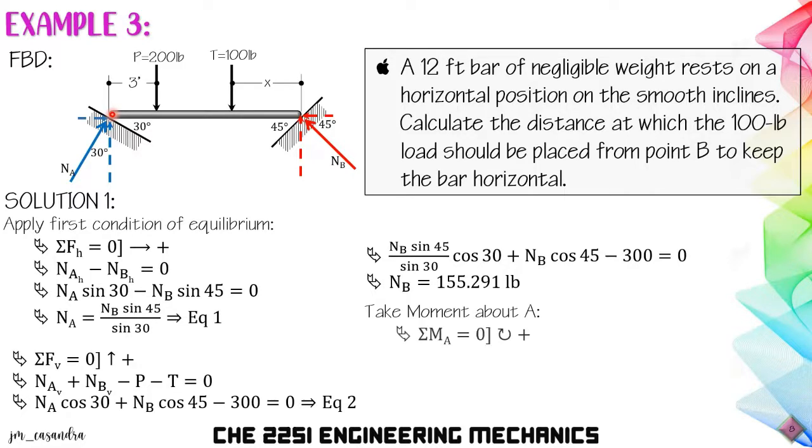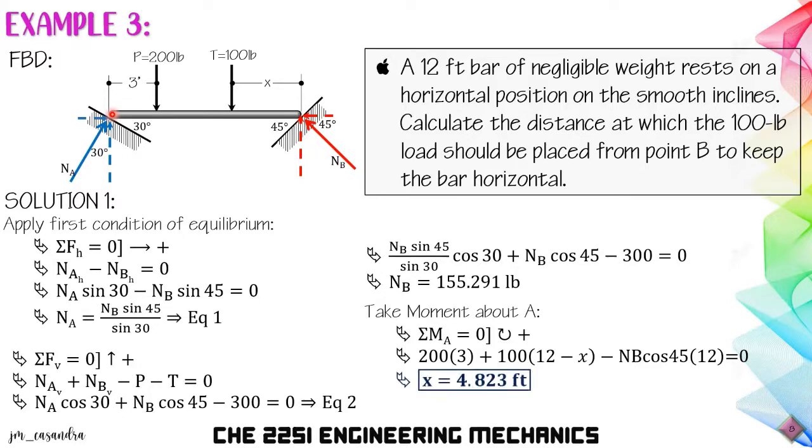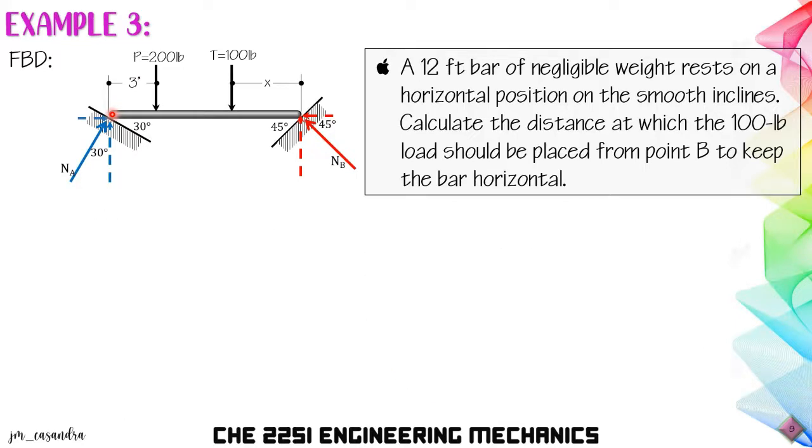So our equation, summation of moments about A is equal to 0, clockwise positive, we'll have 200 times 3 plus 100 times 12 minus x minus NB cosine of 45 times 12. So this equation will give us the value of x equal to 4.823 feet. Another way to solve this problem is,